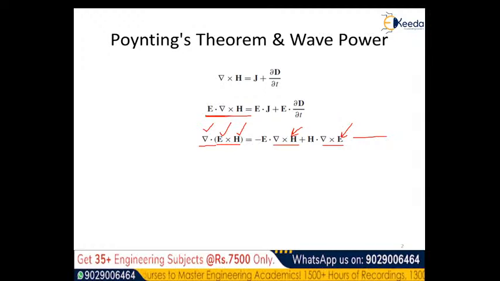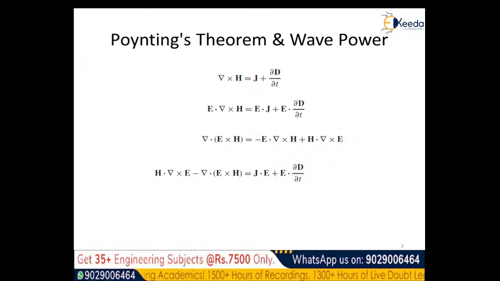Here it is the LHS left hand side here. We get the new equation. This new equation can be regarded as equation number 4 here. So here you see on the left hand side, instead of having E dot of the curl of H here that you see in the RHS of the equation number 3 here, we can express it as H dot of the curl of E minus del dot of E cross H here,